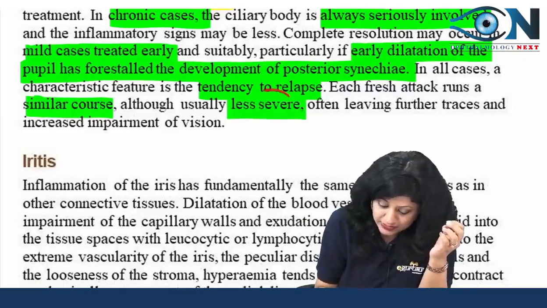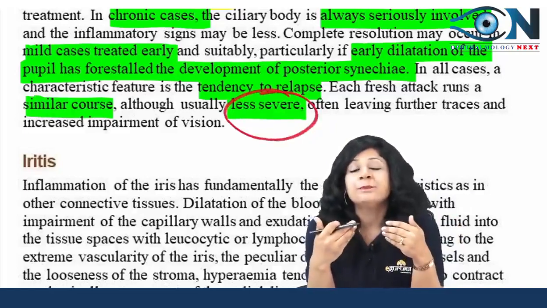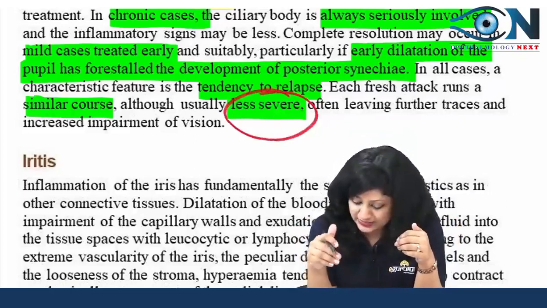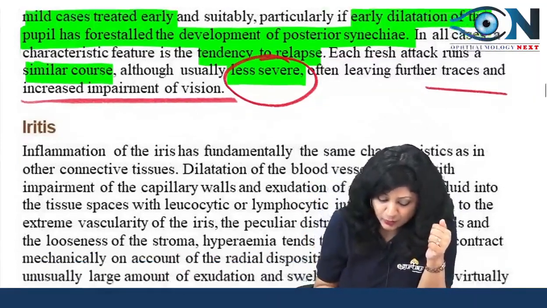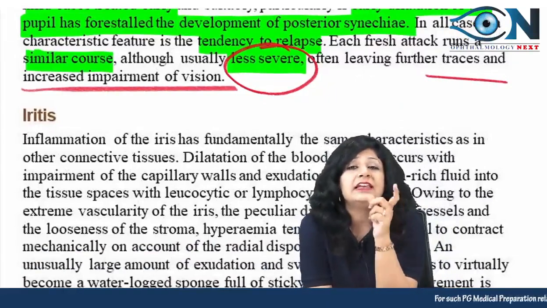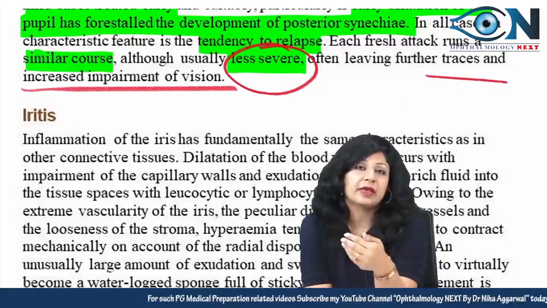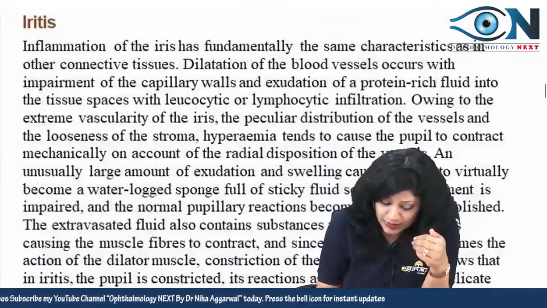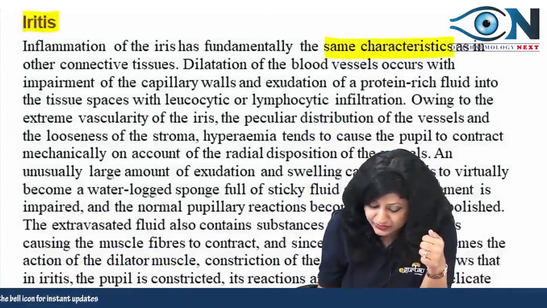Now another important thing is that it is less severe. Otherwise, whenever we have recurrent attacks, we usually say that it is a more severe one, but this is actually less severe, leaving further traces and increased impairment of vision. Although the next attacks will be less severe, there will be increased impairment of vision because it is getting accumulated. So if I talk about iritis, inflammation of the iris has fundamentally the same characteristics as in the